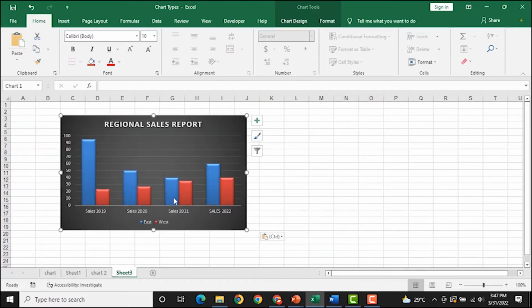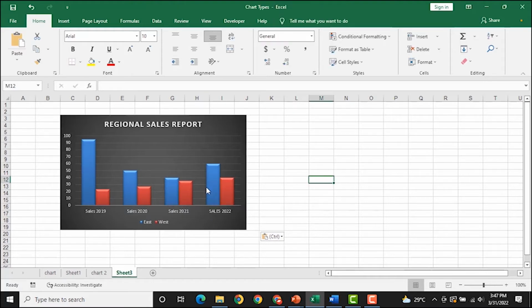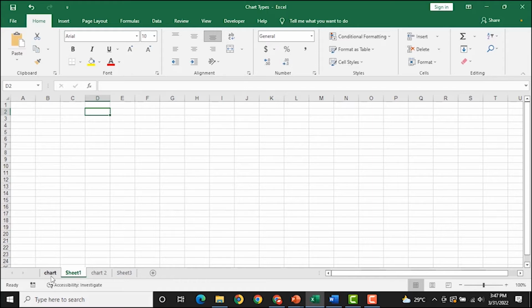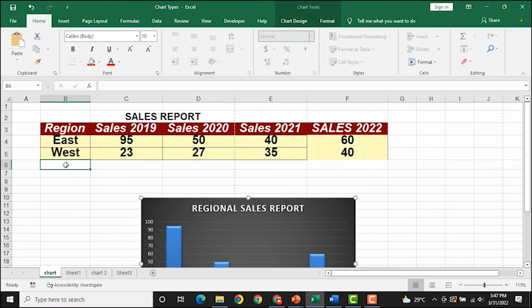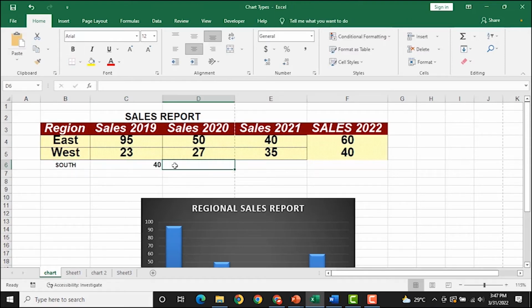Okay, again let's assume we have another region added here. Let's say South region. In South region we have the following cells to be maybe 40, we have 10, we have 15, we have